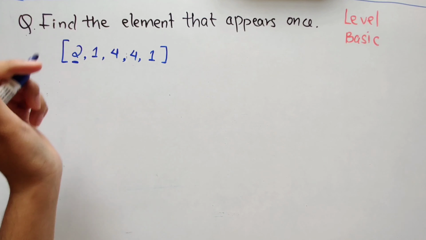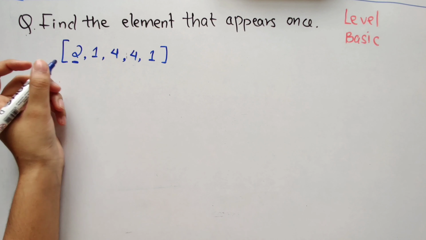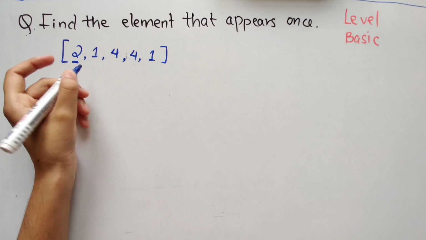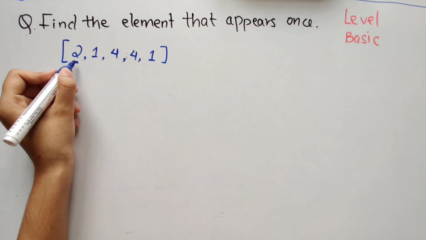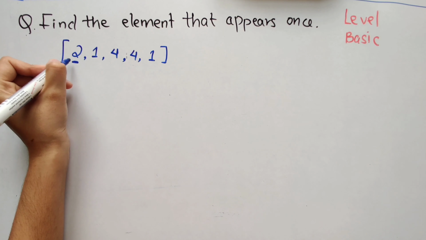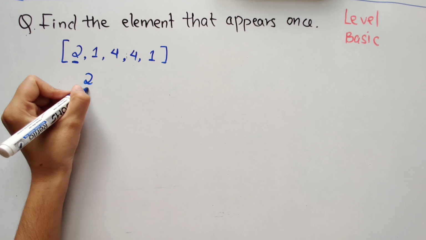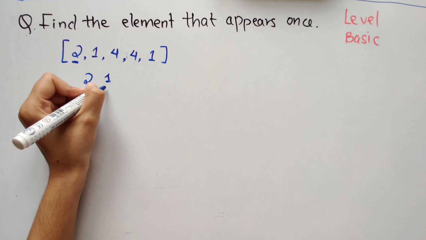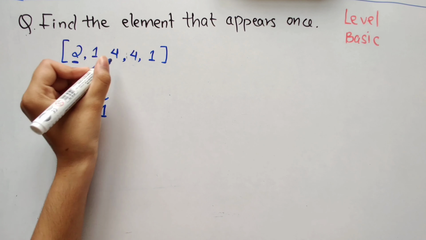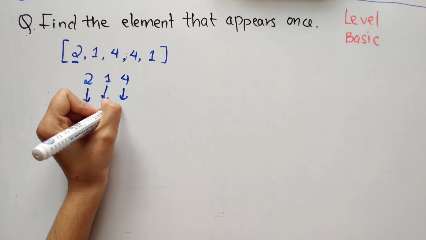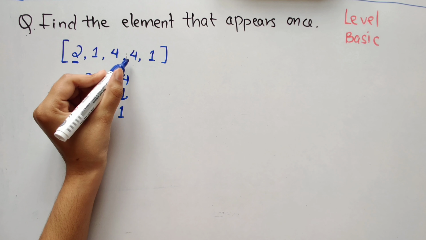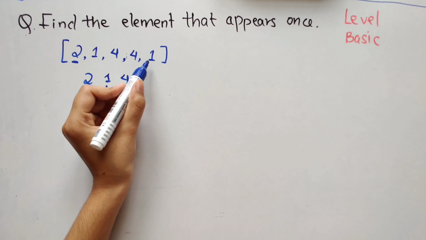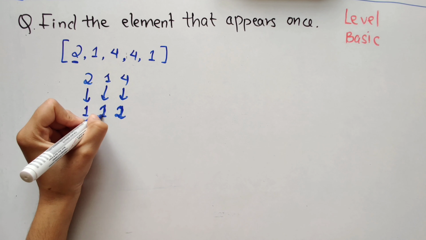So we can also solve this using hashing. What we do in that is we will iterate this array. Every time we find a new element, we'll store the count of it. So let's say we iterate, okay? So we come to 2, alright, and its count so far is 1. Then we move to the next element, it's 1, count so far is 1. We come to 4, count so far is 1. Again we come to 4, 4 is already present, so all we have to do is update the count. Then we come to 1, 1 is already present, we have to update the count.